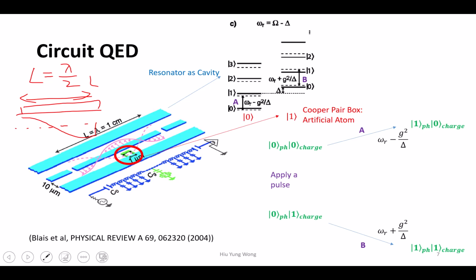Just parallel to what we discussed before. Again, it's saying that the presence of this artificial atom will change the resonant frequency of this resonator, which is possible, right? It's nothing strange, correct? I have a resonator. It has a peak transmission frequency. I add something into it. Definitely it's going to change the resonance frequency,